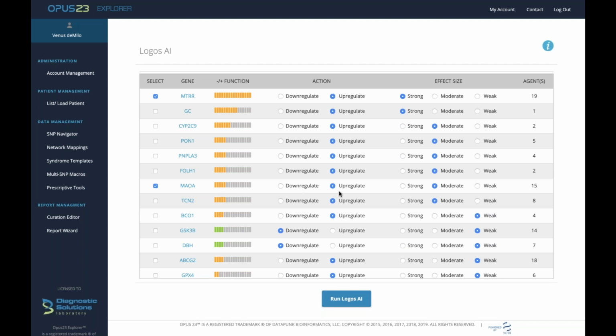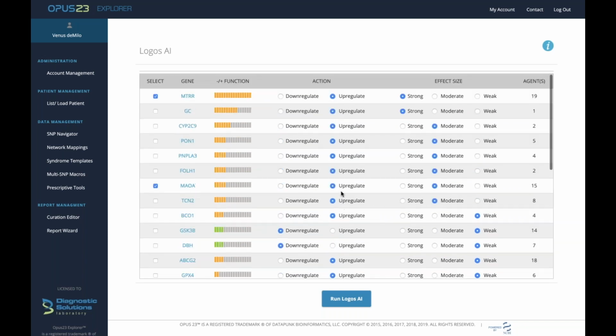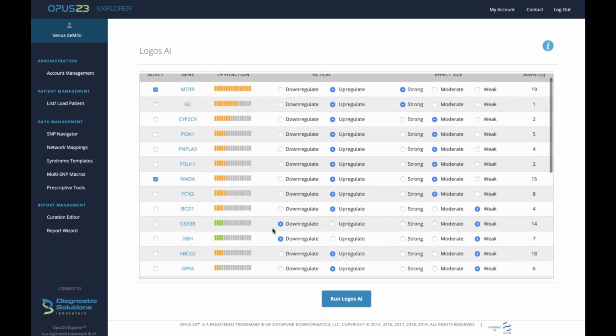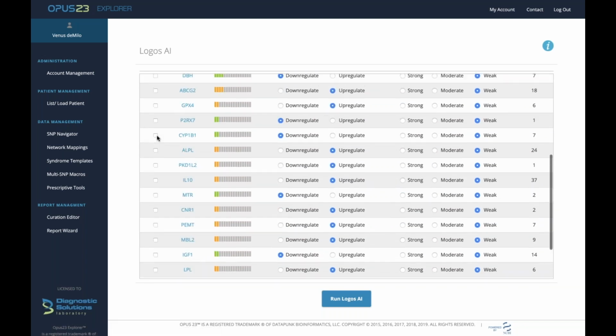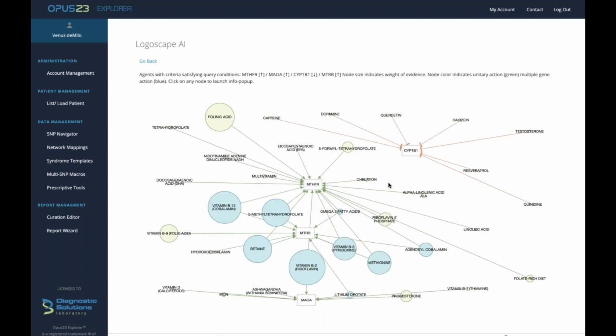And then you can do that for each individual one, right? So if you're having issues with MTHFR or methylation issues, you could upregulate MTRR, you can upregulate the MAOA, and then upregulate MTHFR. And let's pick one that we're going to downregulate. Let's just pick 1B1, we'll downregulate that. And we'll run the Logos, and it basically maps out for you